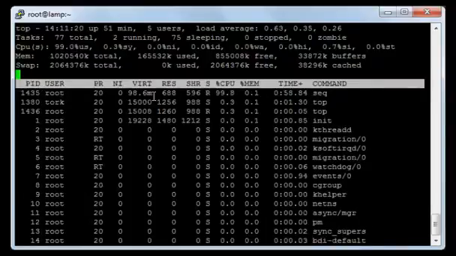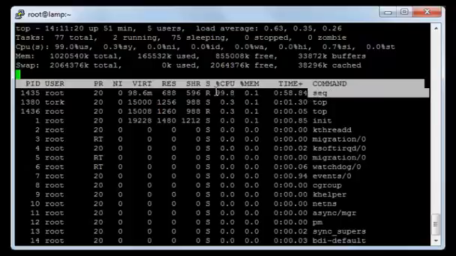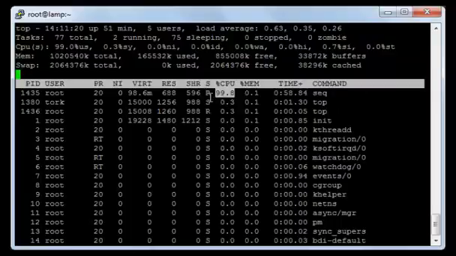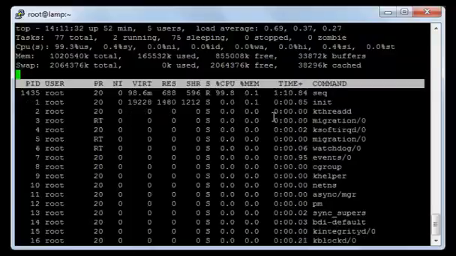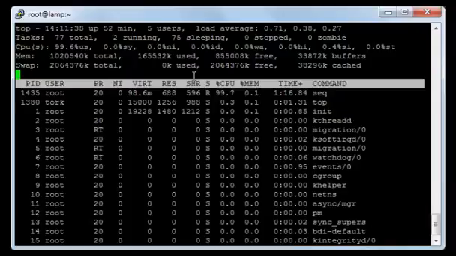As you see over here, the current process, which is sleep, is using a lot of the CPU, 99.8, and this may not be very nice, so you may need to kill or terminate processes that are using a lot of your CPU. So to kill this process, I will press K, and it will ask me for the PID to kill. In here I will type the ID of the current process, which is 1435,